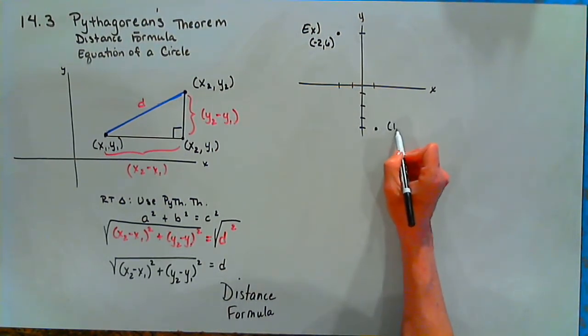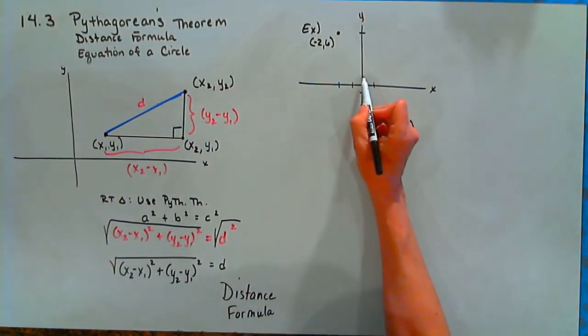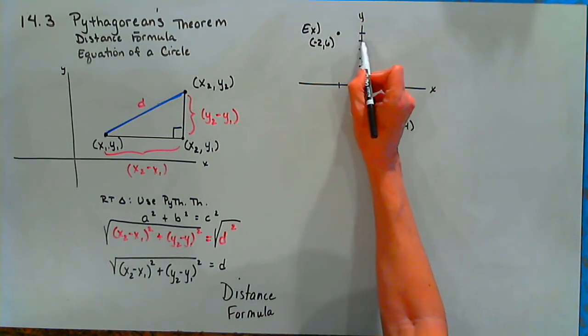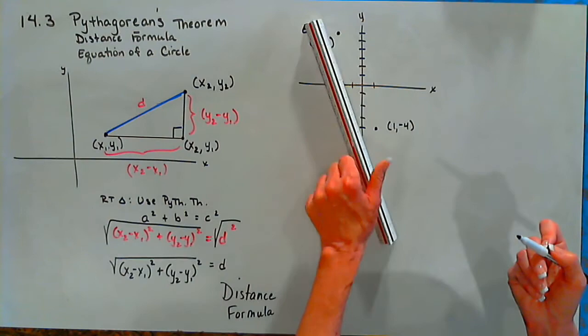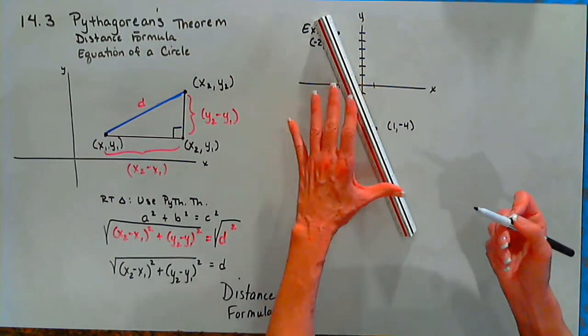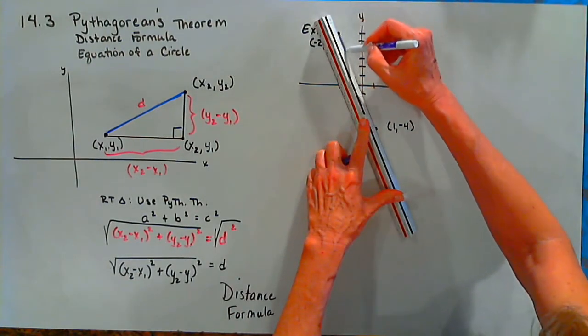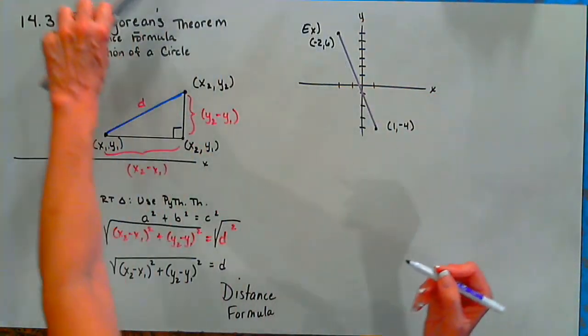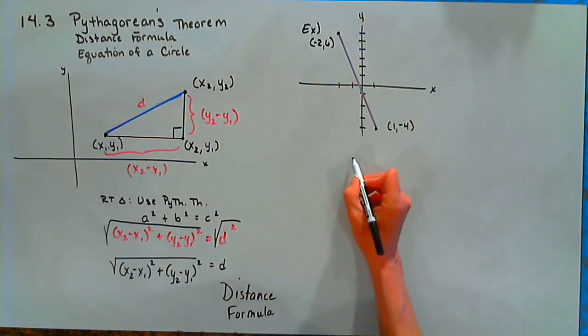And I'm just going to choose, and I'm going to pretend that my student chose 1, -4. So 1, 2, 3, 4, 5, 6. Not exactly drawn to scale, but we get the idea. Now, you will automatically get some students who want to draw the triangle and figure it out, and that's fine. I'm just going to draw this for a visual. We want to find that line segment. We want to find the distance between those 2 points. So if I go straight to my equation, the distance formula